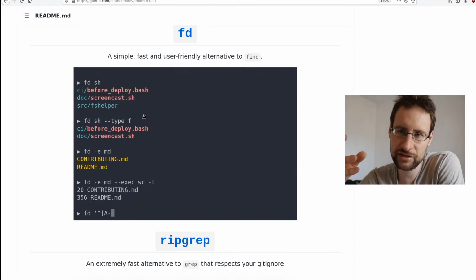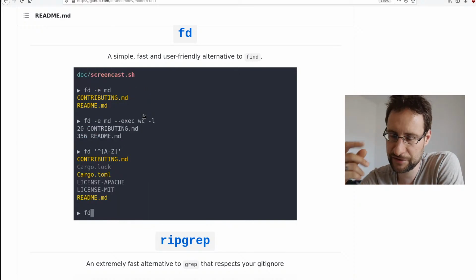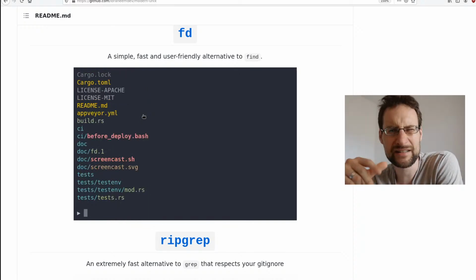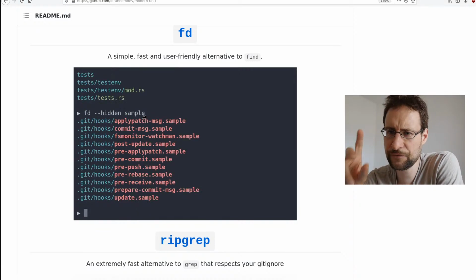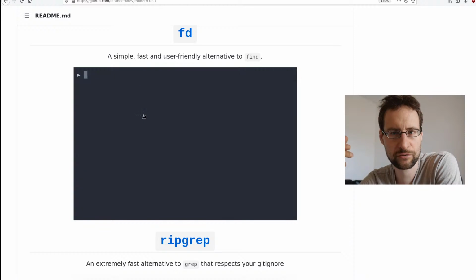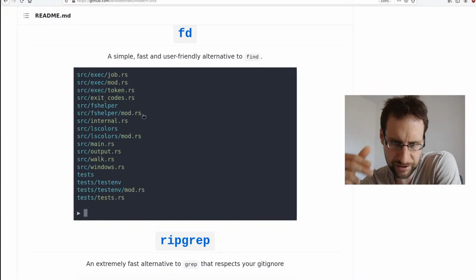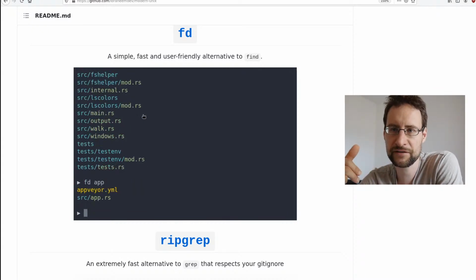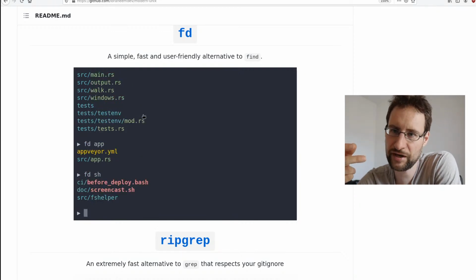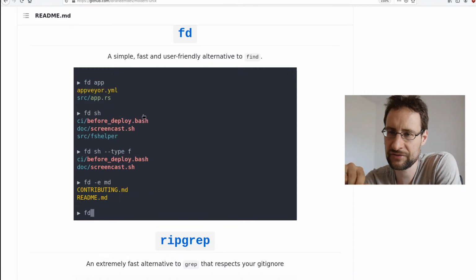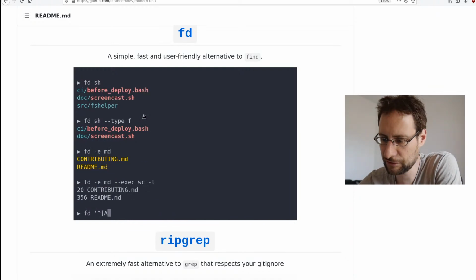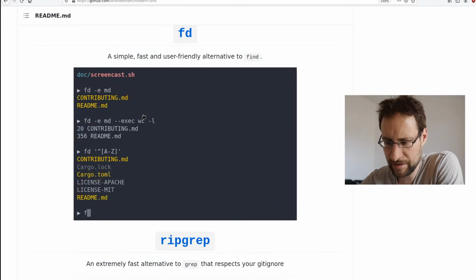And additionally, find needs the directory name at the beginning. I think this is also something that annoys me in BSDs, especially macOS. Original Unix needed the directory to find in. GNU find defaults to the current directory, so you can just run find -name whatever. I think macOS errors out with a syntax error, specify directory, something. Anyway,